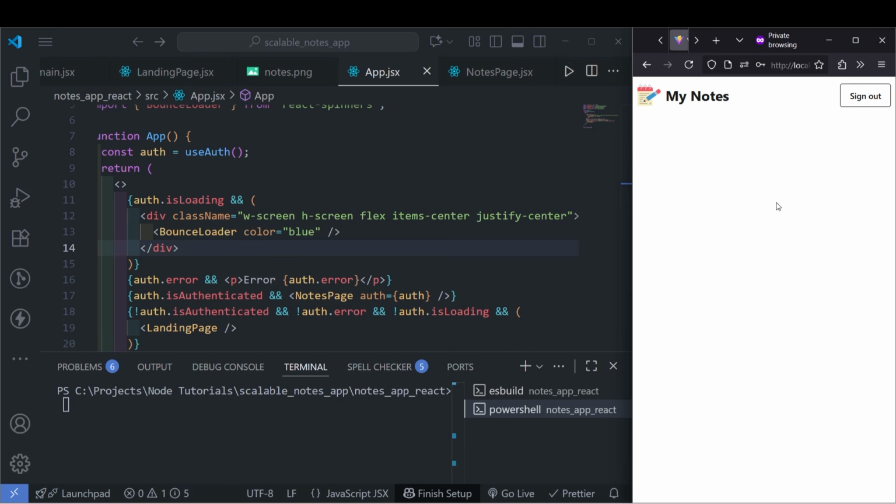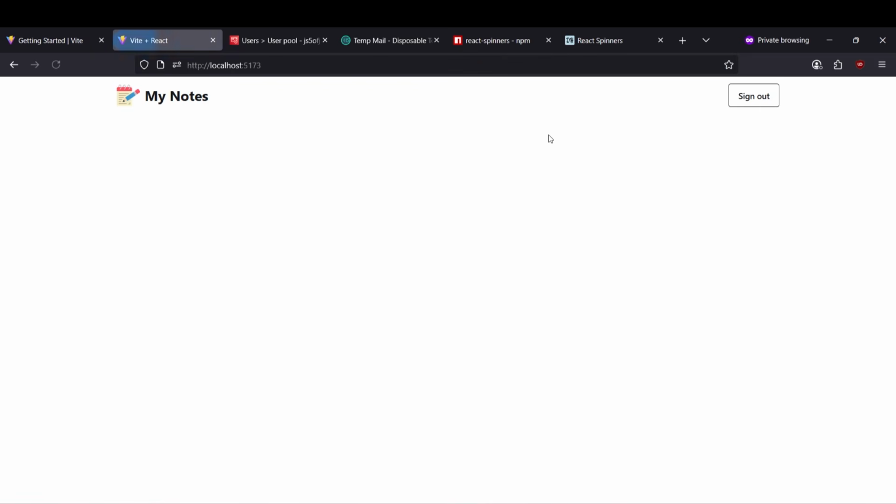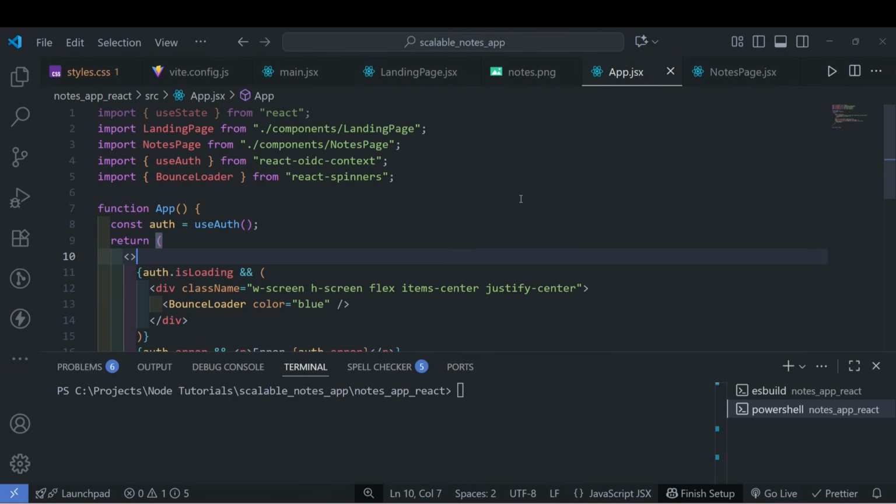Now we can start working with our notes page. But one thing we should do first is that when we get redirected to this root route with this code query, we want to redirect back to localhost 5173, otherwise it will give some error. For this, we need to use window.location.href logic to redirect back to the root route after authentication is done. So here first